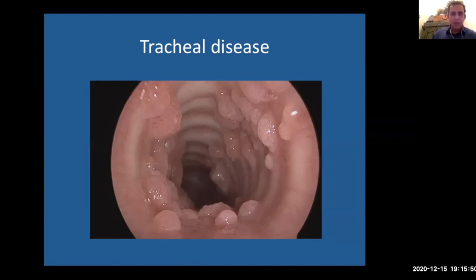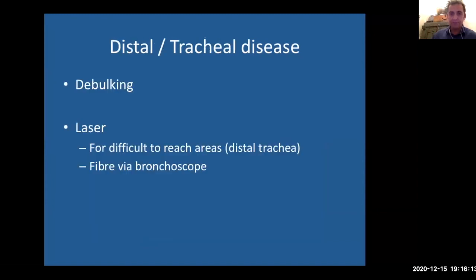This is a patient that I treated for a while, who unfortunately passed away. This was papilloma that spread down the trachea. He always had a little bit of tracheal disease, but also pulmonary disease. And when he eventually developed squamous cell carcinoma and was on chemotherapy, the papilloma just took over down his trachea.